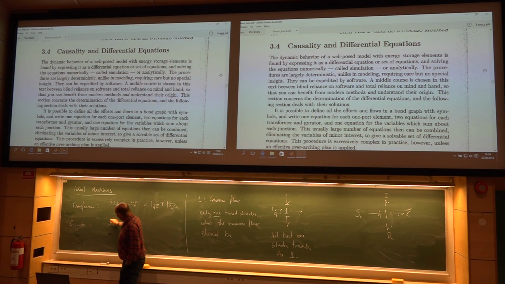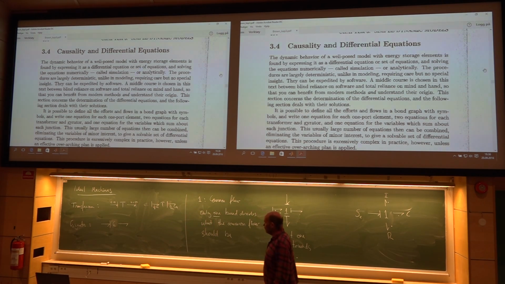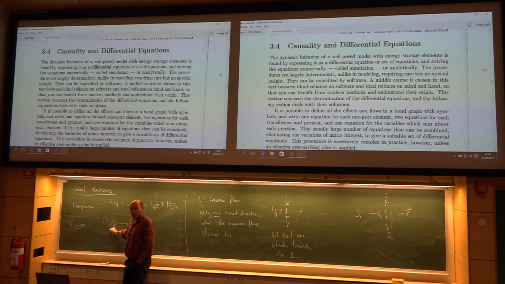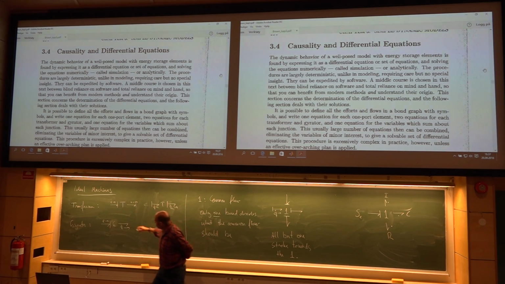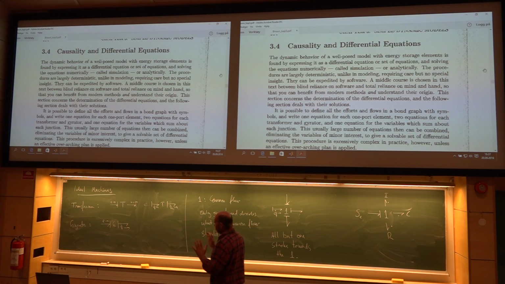So again, let us start with a causal stroke to the right, there on the left bond. What's happening? Well, the effort hits the gyrator. And from a gyrator, we know we have a cross coupling. The effort goes to flow on the other side. So here now you will have a Q dot that is continuing. Hence the stroke now has to be like this. So a gyrator mixes it up. He switches from effort to flow. And then also he switches these causal strokes.